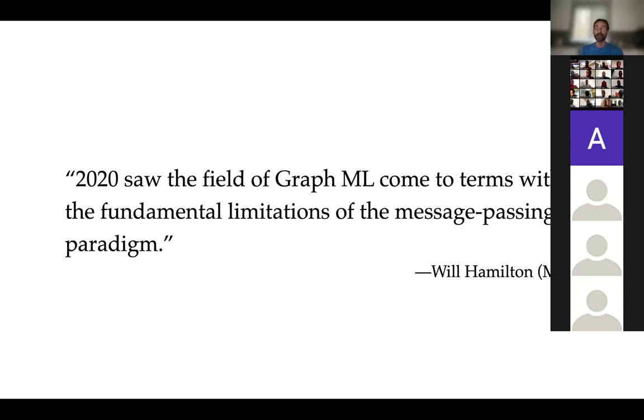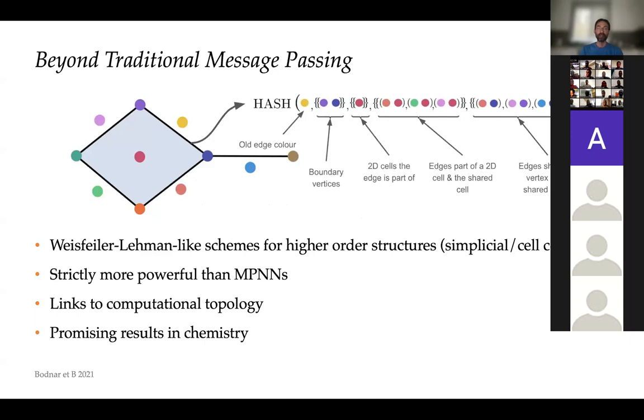So the question is, what could be used instead of message passing? And here we believe that message passing is still a very powerful paradigm, but maybe we should use some other structures. We can apply it to exchange information on maybe slightly more exotic constructions. And there are several papers in the past years that try to go in this direction.